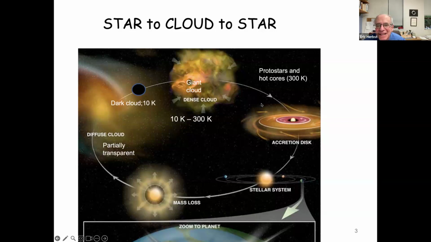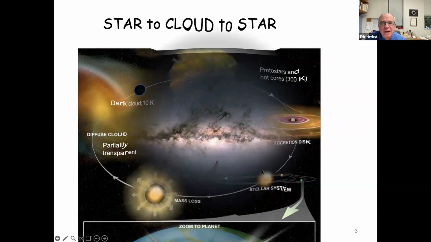But eventually what happens to all of these clouds, whether they're little ones or big ones, is they collapse to form stars. First, the collapse goes through what are called protostars, in which the clouds heat up and we have so-called hot cores. And then eventually from this disk a star is born, and the material around it, because of gravity, becomes planetary, and we call it a disk. And eventually we have, again, the stellar system. All right, so that's a very simple way of looking at it. Okay, so let's move on.